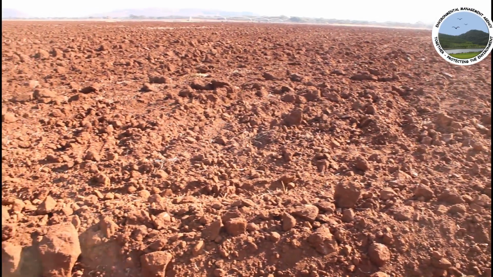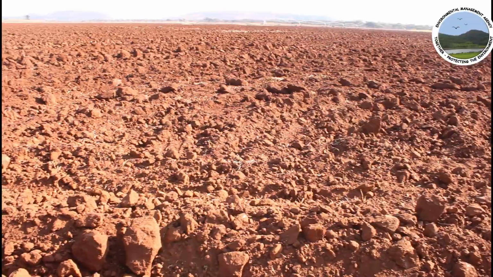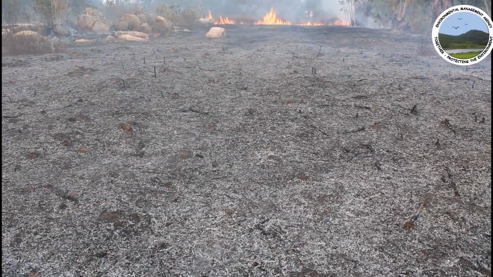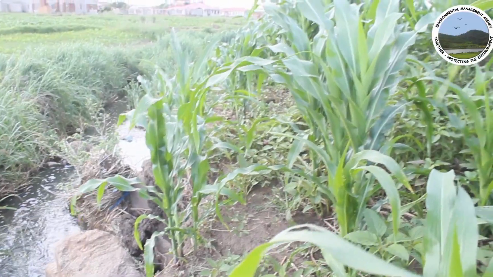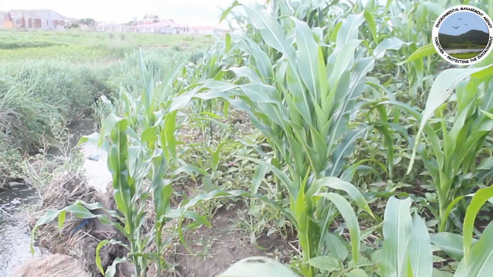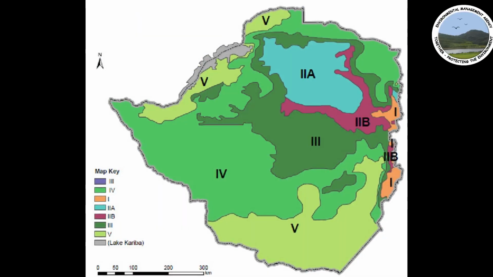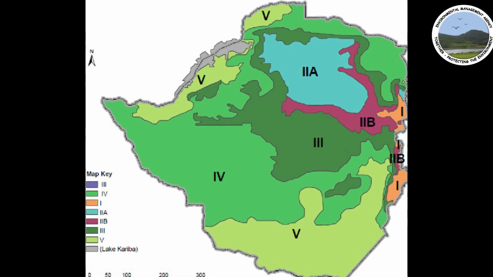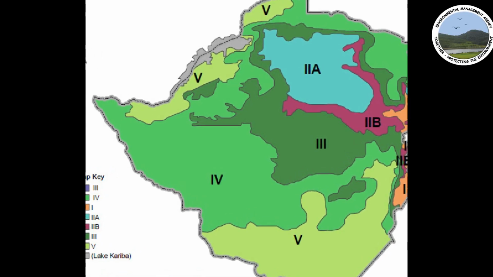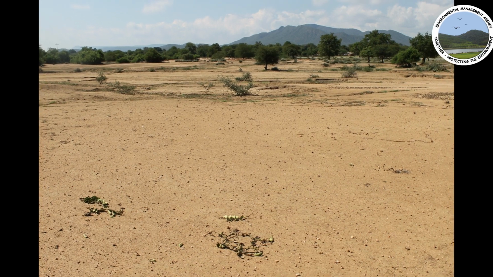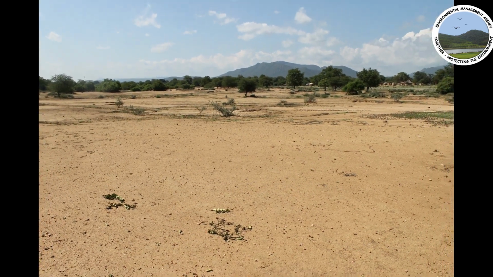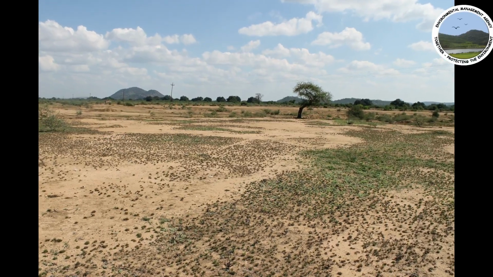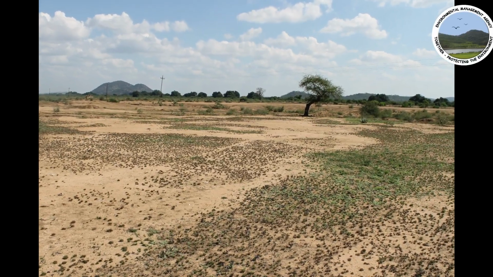The state of Zimbabwe's natural resource base is determined by the vagaries of nature and how its citizens utilize and manage it. The country's land mass falls into 5 broad agroecological regions, with agricultural potentials declining from region 1 to 5. Research findings seem to suggest that progressive changes have taken place in these agroecological regions over the last 30 years due to climate change.